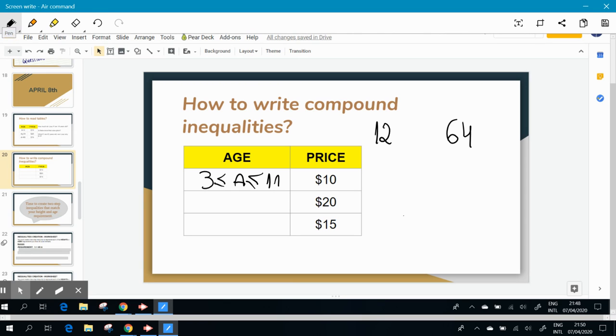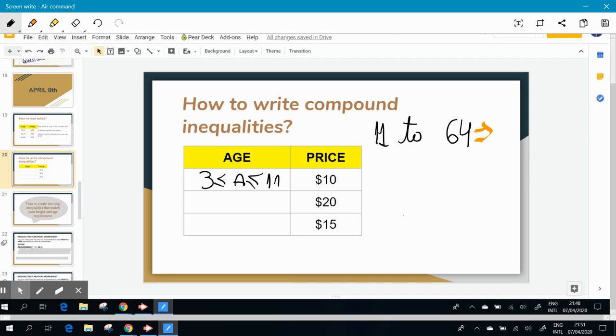Actually, let's put 11 here. Let's put 11 here. We have to put 11, right? So I want people from 11 to 64. Okay. These people here